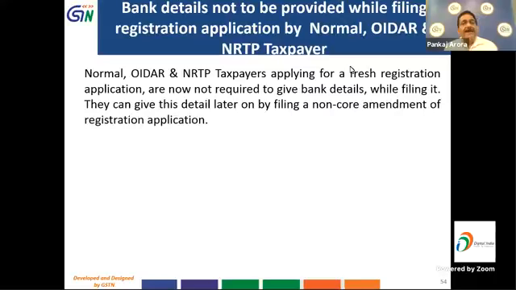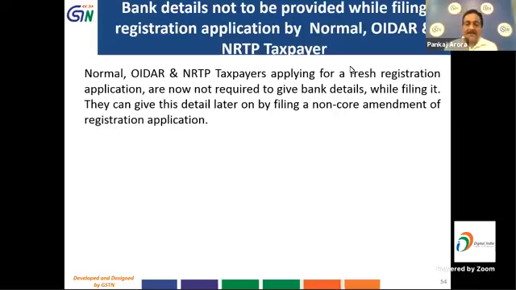Now bank details are not to be provided while you file the new registration application if your category is normal, OIDAR, or non-resident taxable person. You can give these details later on, for which you will have to file a non-core amendment